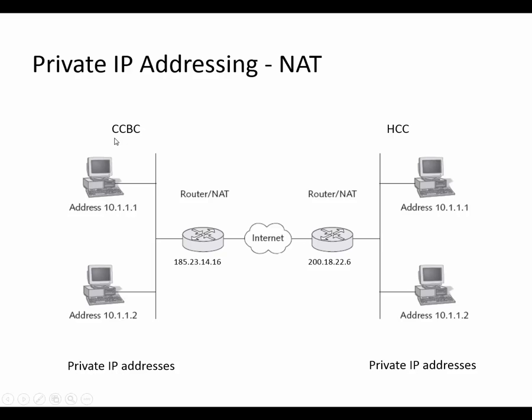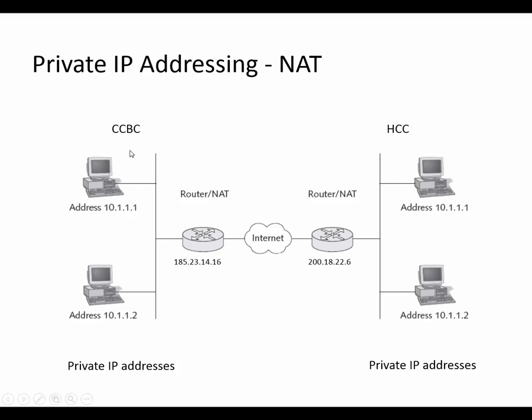We use the same IP addresses within CCBC as they do at Howard Community College. So then, how can they connect to the internet? And the way they do that is all the computers within the organization connect to the internet by way of a single router, and that router is assigned the public IP address, and the public IP address must be globally